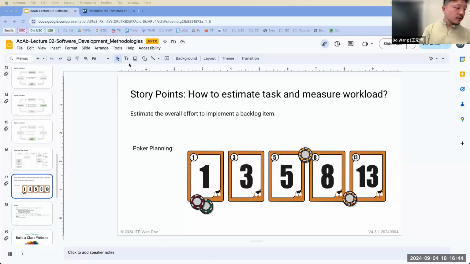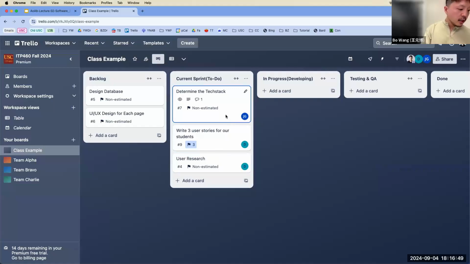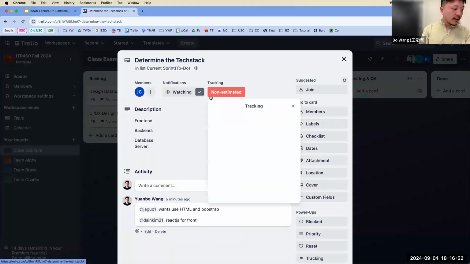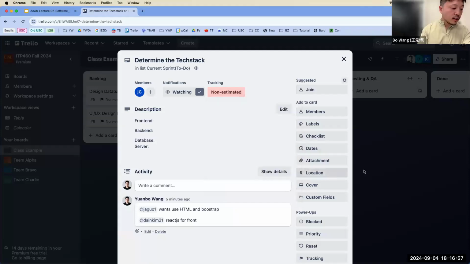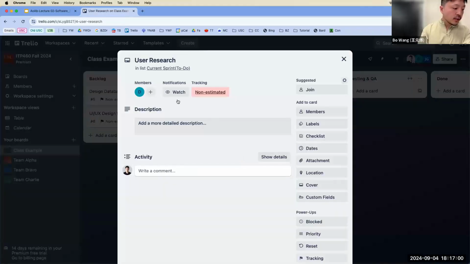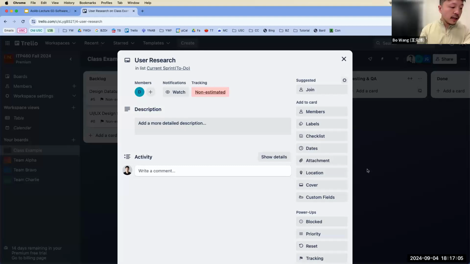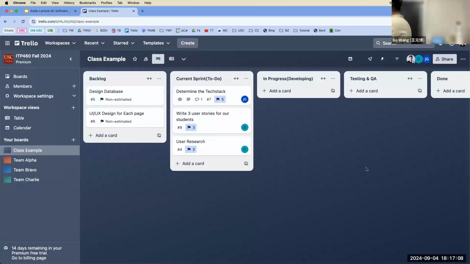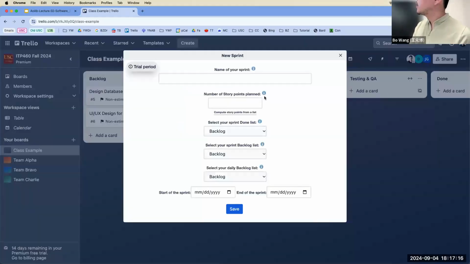All right, so let's continue and finish the example with the last step, right? Let's assume that determining the test stack is a 5-point work, and then user research, I'll just assume that we already finished it, that's a 3-point work. Once we assign all the tasks for this week, we click on this heading icon, and then we click on new sprint, and our team is the Delta team, right? So Delta